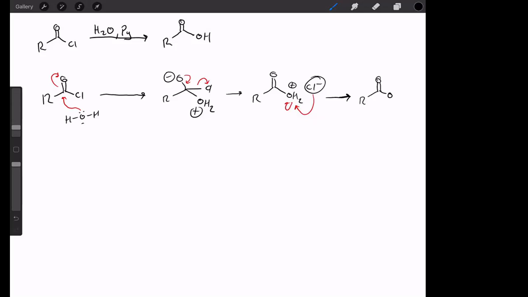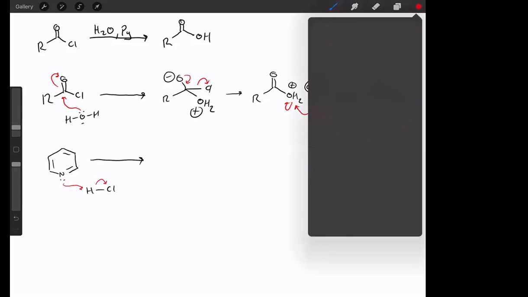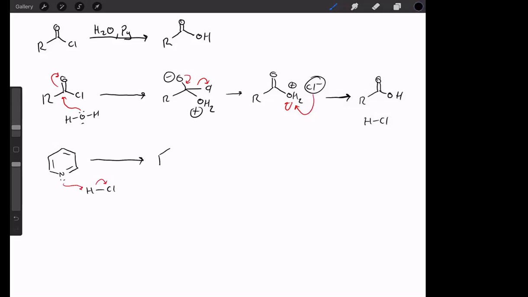With a final proton transfer, I'm forming a carboxylic acid. Now here's where the pyridine comes in. I've created HCl in the process, and this is a strong acid. And so we should know, especially from our discussion on aromatic compounds, that pyridine is an aromatic base, and it can go along and scavenge the HCl so it doesn't go off and do any other unwanted side reactions. And the reason that it's good at doing this is because